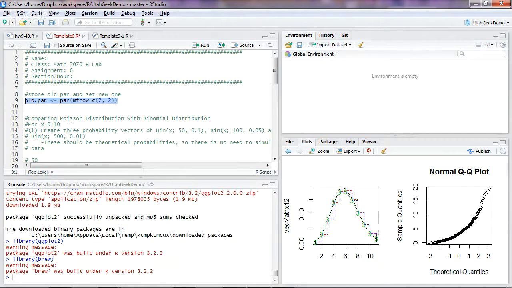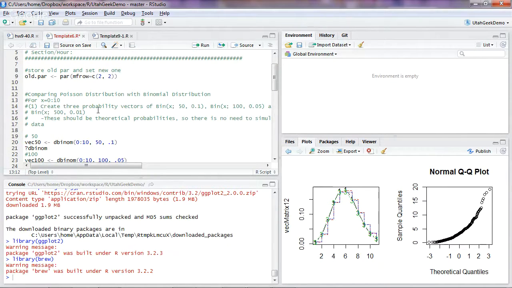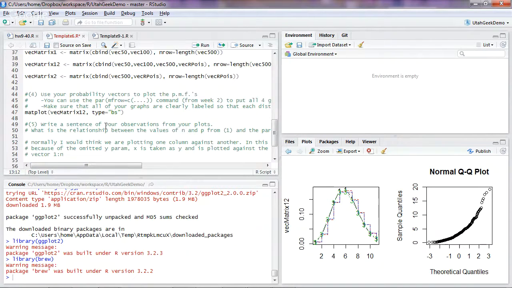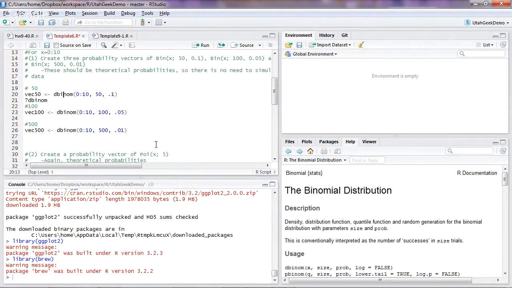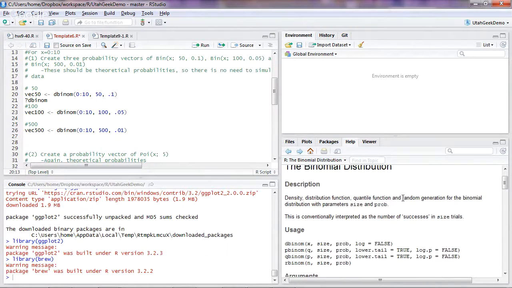So let's see. We're supposed to create 3 probability vectors. So dbinom, well, what does dbinom do? Let's click on it and hit F1. Basically, it's going to create